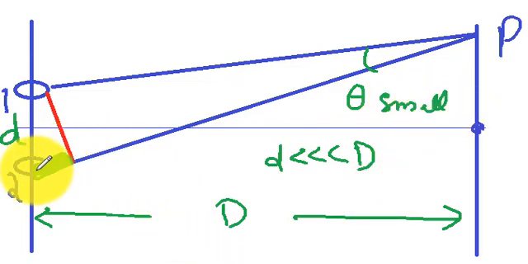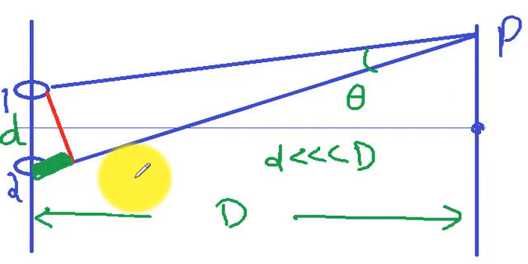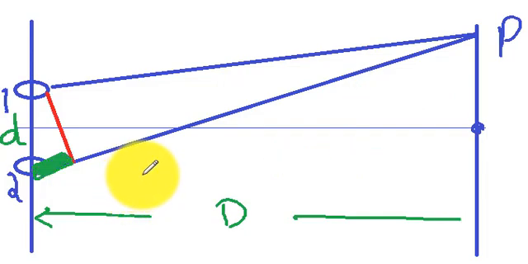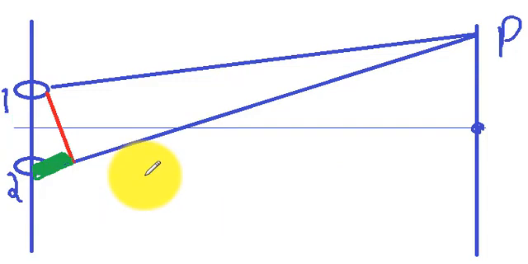In that condition, this shade here will give you the difference in their path, which you can call delta x. Fine. Now watch. No need of all these mathematical terms.